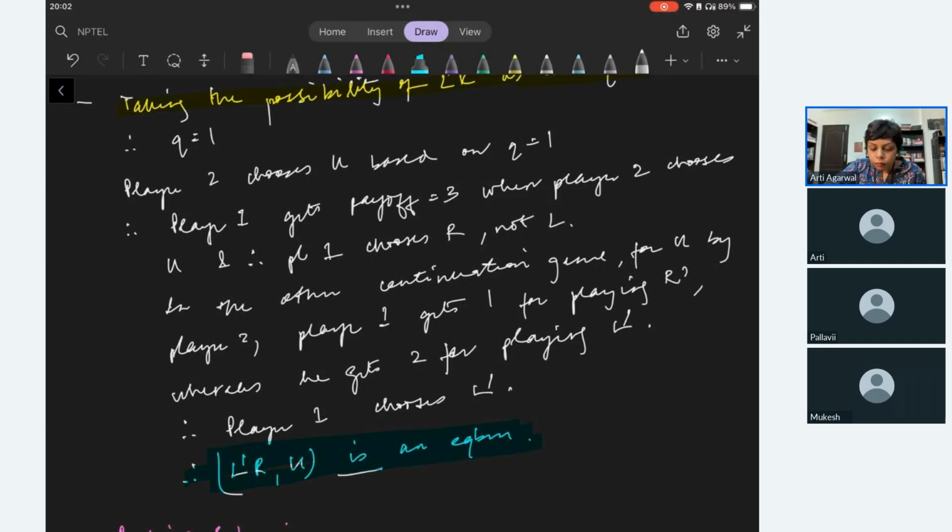And I didn't find a very good explanation of perfect Bayesian equilibrium in other books. Of course, Joel Watson has it, but it's the same question as what Professor Bimal discussed in the class. If you want, you can read it. It's explained in Joel Watson also. But in all the other books, I didn't find something which I thought was too good, so I didn't use any of those examples. There are examples for this concept in both these books,